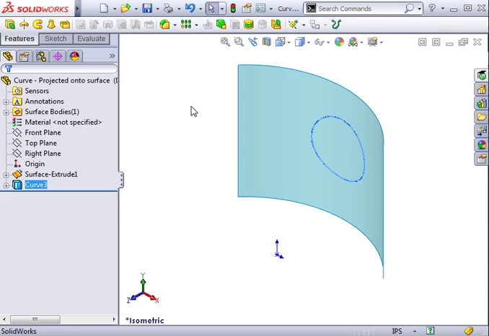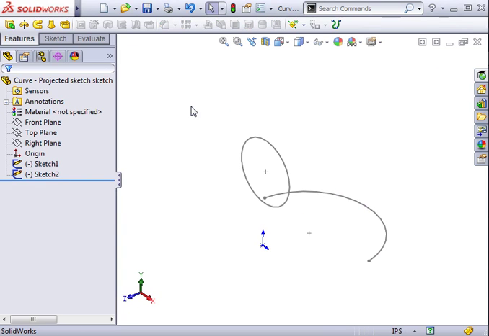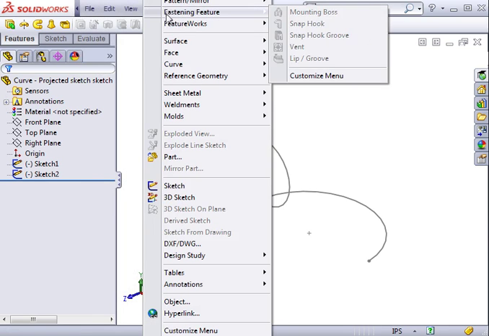Next, let's use the same projected curve command to combine two sketches. These are regular 2D sketches, one on the top plane and one on the front plane. When using this command, the two sketch planes have to intersect. They can't be parallel to each other. I'll launch the projected curve command,